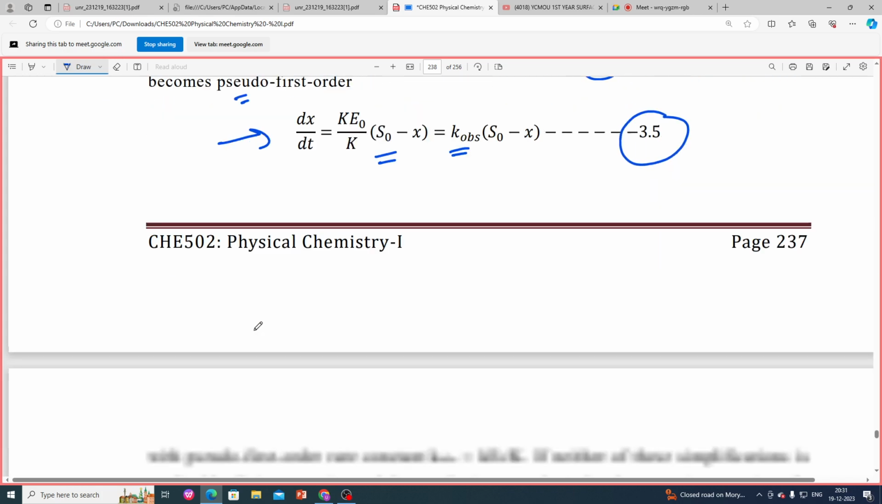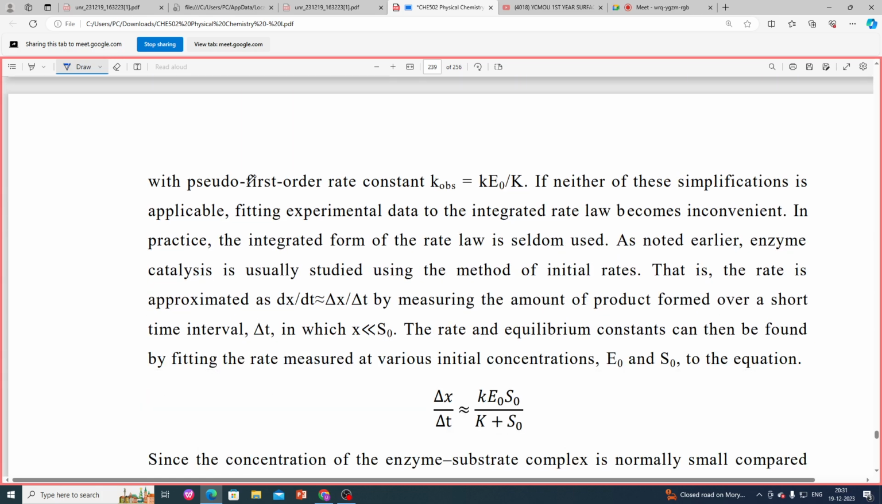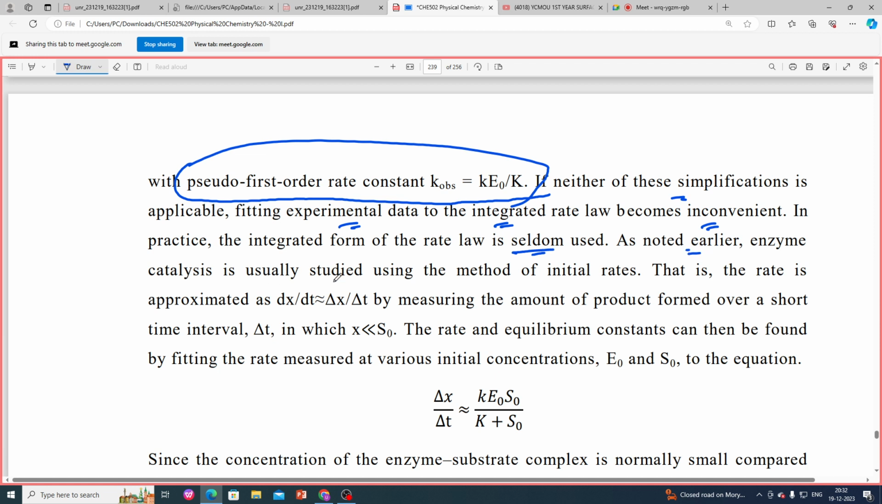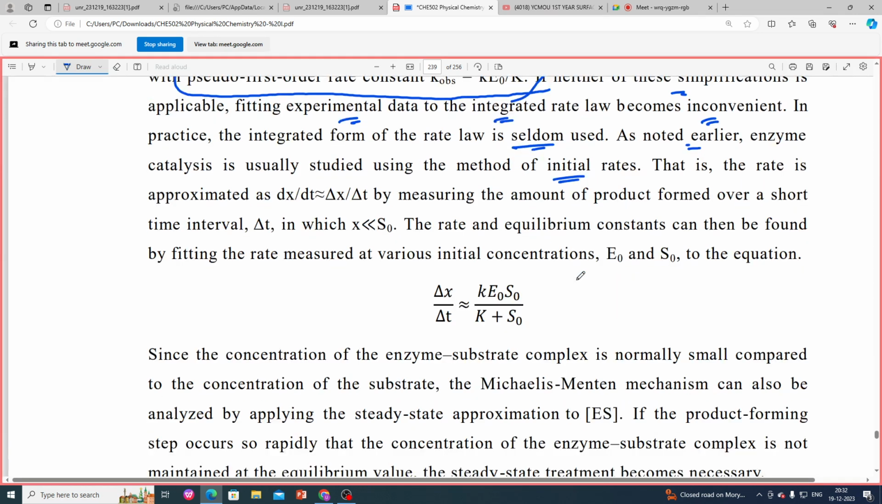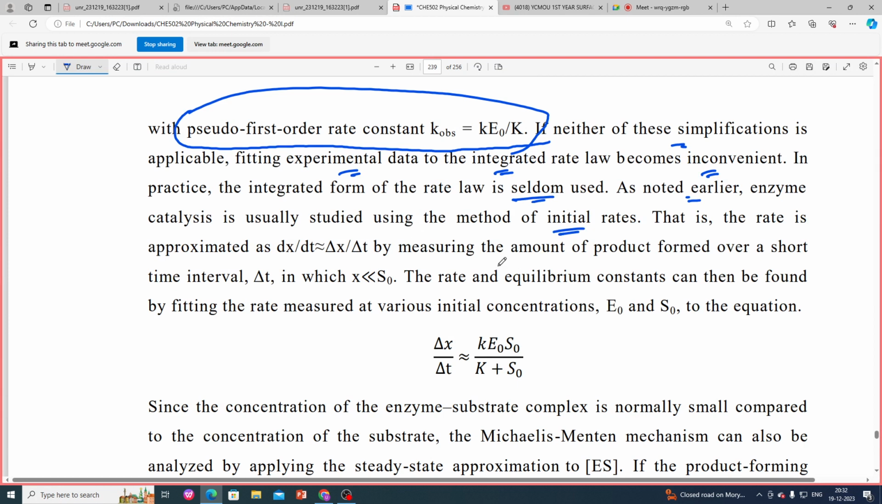Okay, next one, pseudo first order rate law constant k observed, which is equal to k e0 upon k. If neither of these simplifications is applicable, fitting experimental data to the integrated rate law becomes necessary. In practice the integrated form of the rate law is seldom used, as noticed earlier. Enzyme catalysis studies use the method of initial rates. पूरा theoretical part दिया हुआ है, that is the rate is approximately equal to